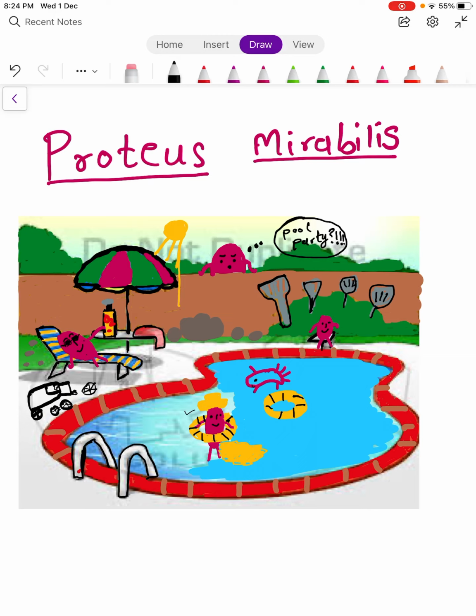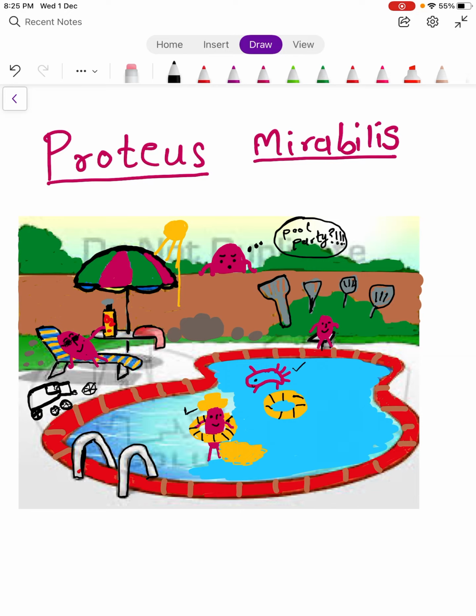So let's get started. Proteus is a gram-negative bacilli, which I have drawn here to picturize the gram-negative bacilli. This is the bacteria which I have drawn here in pink color, because when gram stain is prepared and if the bacteria on the slide is gram negative, then they will take the pink color. So because of this I have drawn the bacteria in pink color. So first property is they are gram negative bacilli.